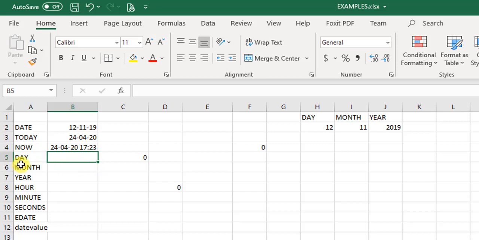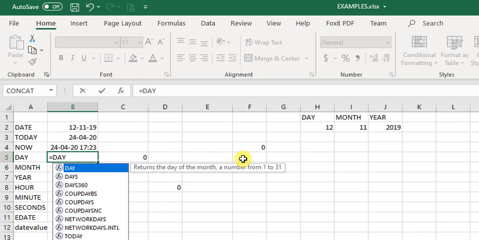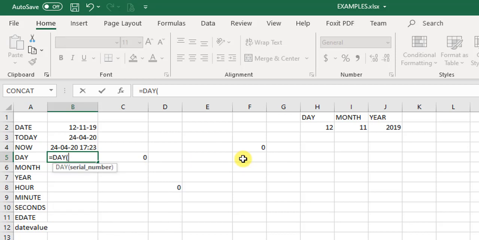Okay, now we come to the next function, which is the day function. The day function will extract the day from a particular date. So we can say is equal to day, and for example we want to extract from this particular date, which is 12.